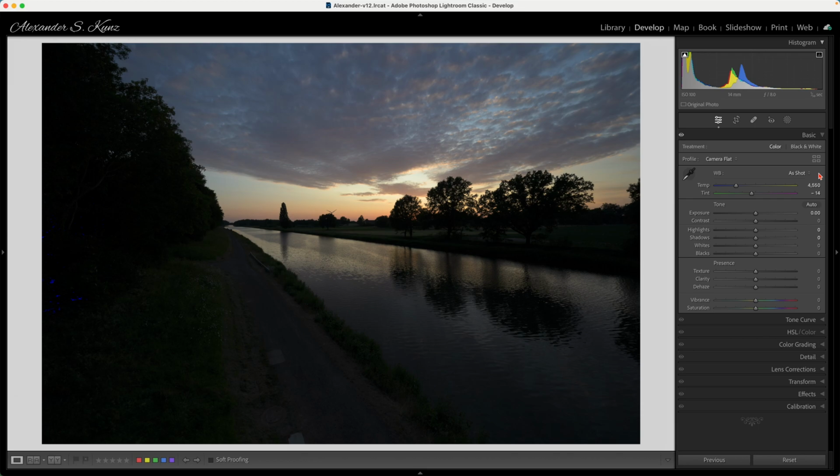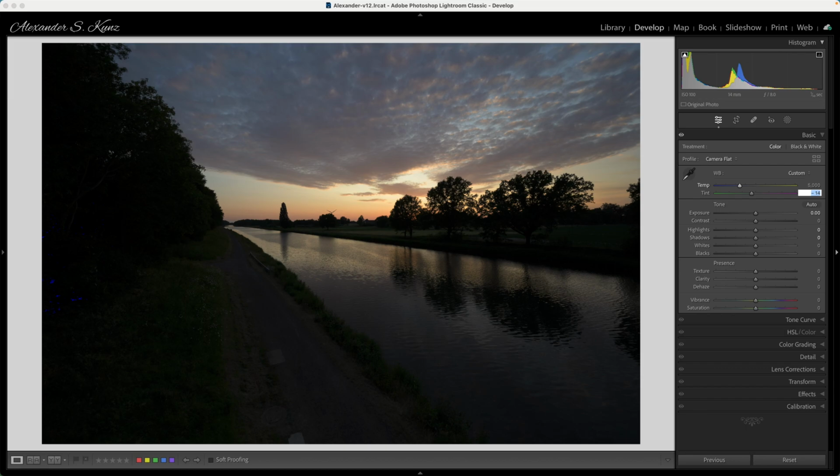I set my Z6 to a daylight or sunny white balance in the camera instead of auto white balance, and then made an exposure and imported that raw file into Lightroom, and then the as shot white balance will show me what Nikon suggests to use as a daylight color temperature for a photograph, and that happens to be 5000K